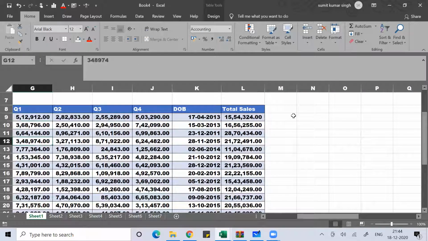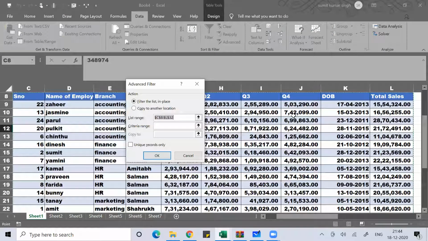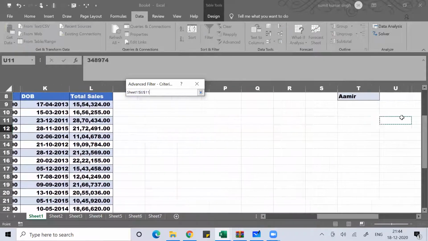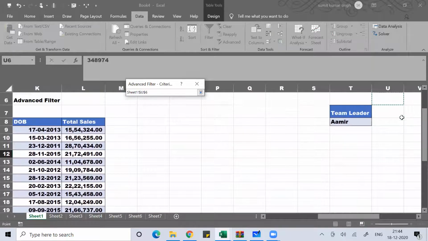Put your cursor inside this table, go to Data, under Data click Advanced. The shortcut key for that is Alt AQ. The list range is the table. The criteria range is team leader Amir.